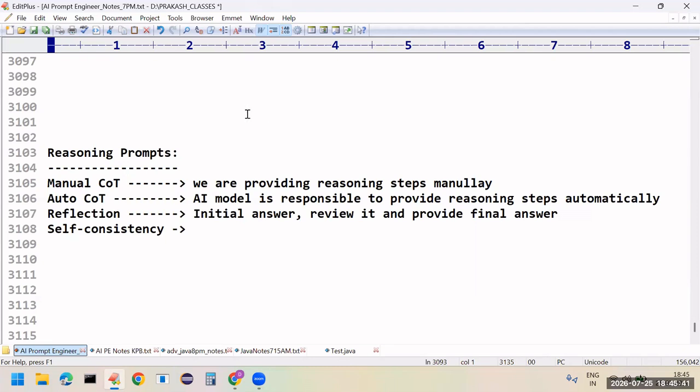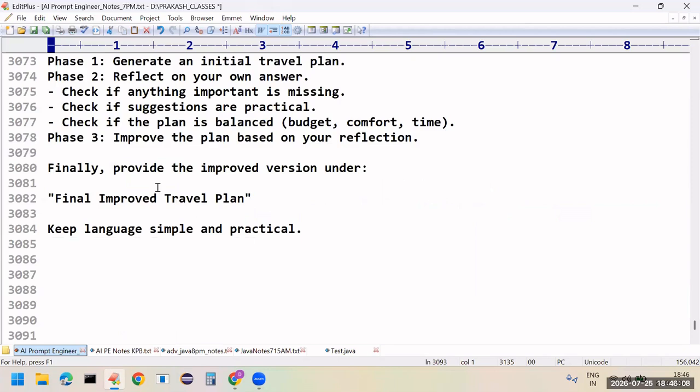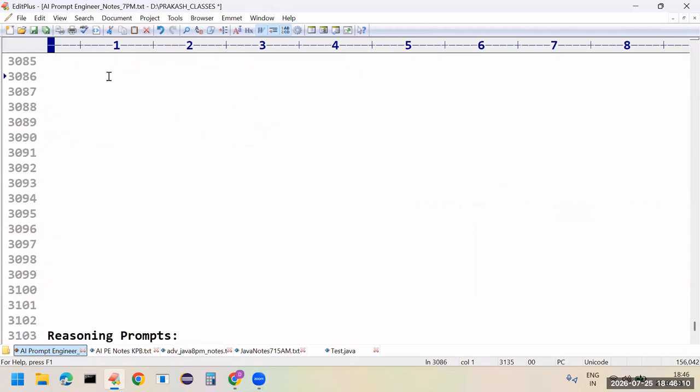Then we covered reflection prompting. What is reflection prompting? First, we solve the problem and get some solution. From that solution, we ask the model to review it and provide a final answer, because once we go for a review, there may be some mistakes or improvements that can be made. So that we covered. Today we are going to talk about another type of prompting, which is nothing but